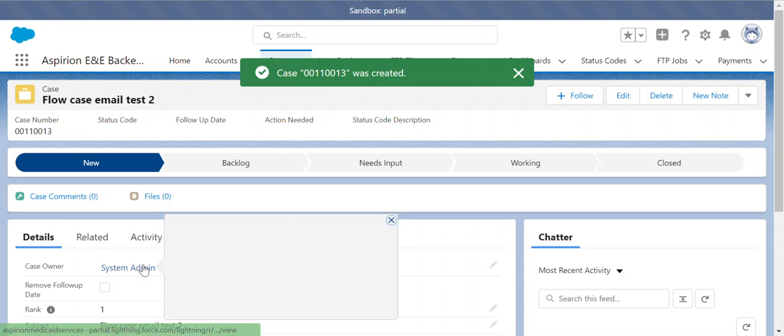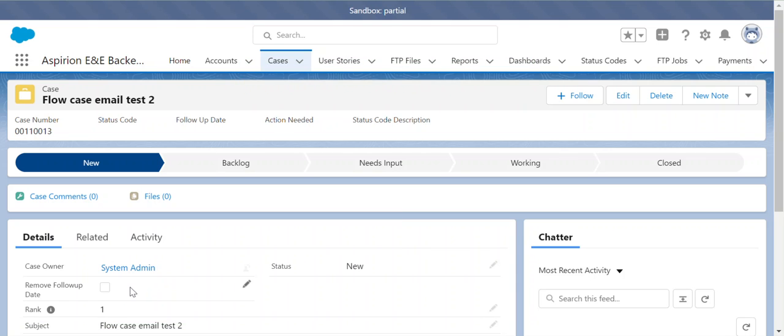Here you can see the assignment rule assigned it to you because it's a rank 1. And because you are the internal user, you should have just received an email of a new case